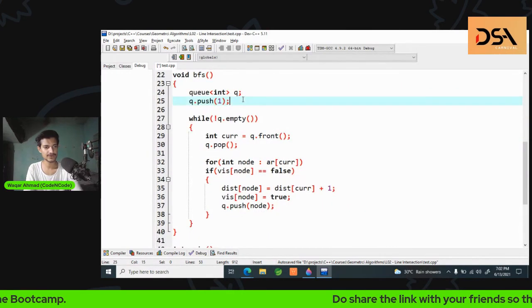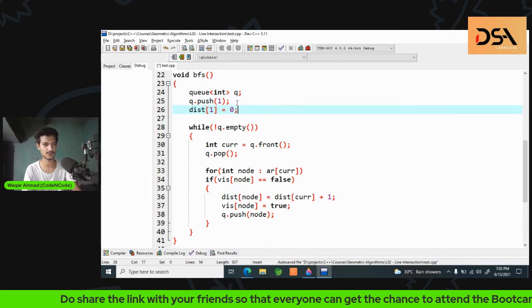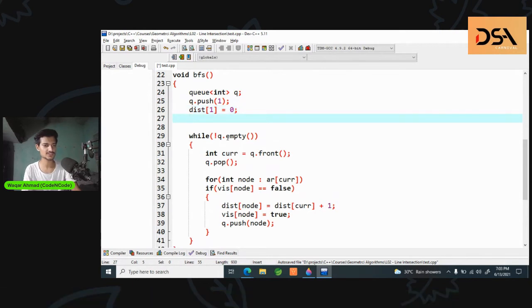So you create a queue, insert the root into it, and also set the distance of the root to 0. After that, you process the queue till it's empty, until there is nothing left to be processed. Each time, bring out the first element of the queue to be processed, and then remove it